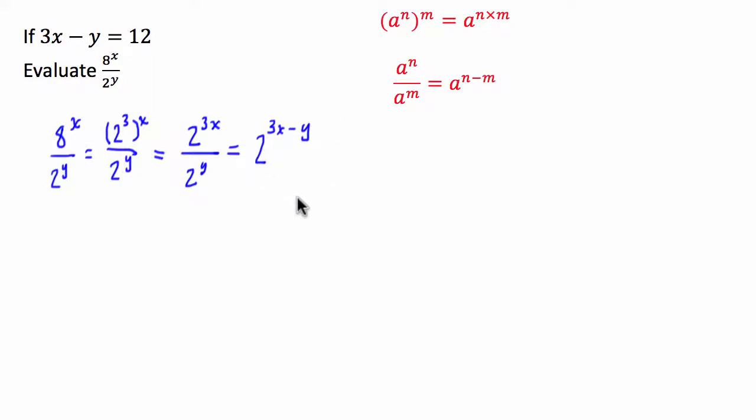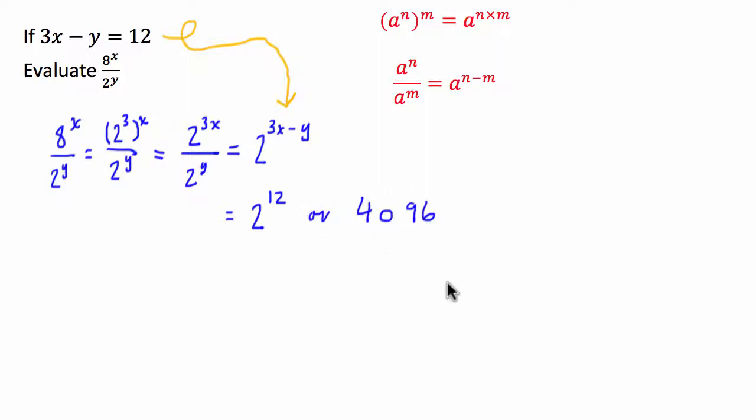Great. Now from here, guys, what you can see is that 3x take y is equal to 12. So this is going to be equal to 2 to the power of 12,